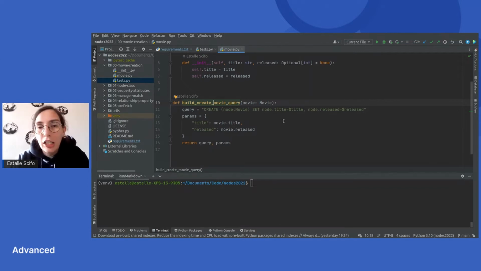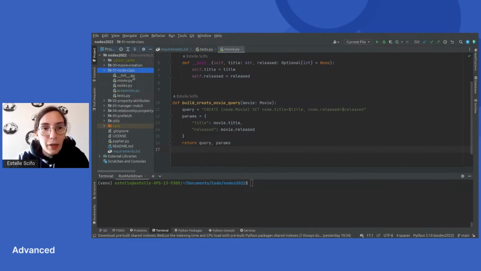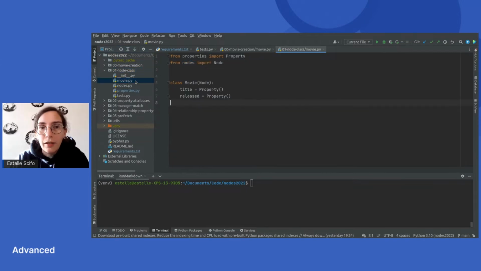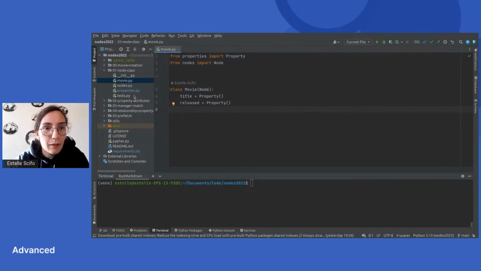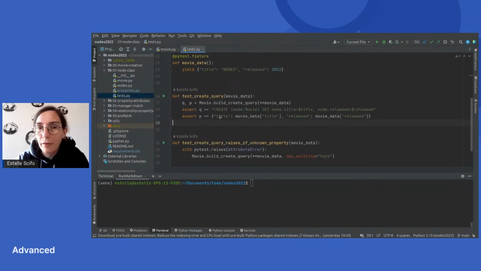As you can imagine, you will have to repeat the same function for every single node label that you have in your graph. So build create person query, and so on. And the same for match, which might be quite complex in the end. So my idea is to change this a bit, while still having the same properties, so the same test,